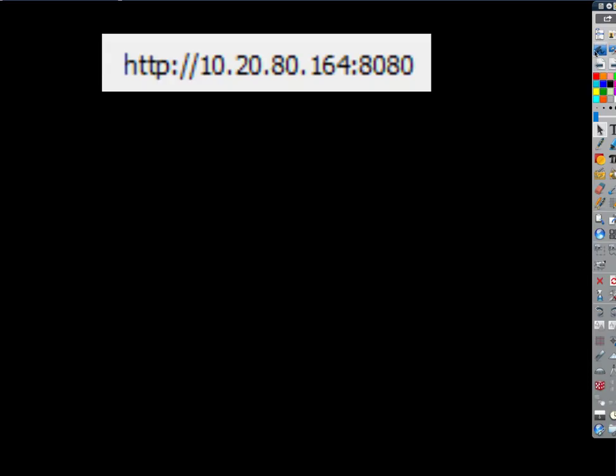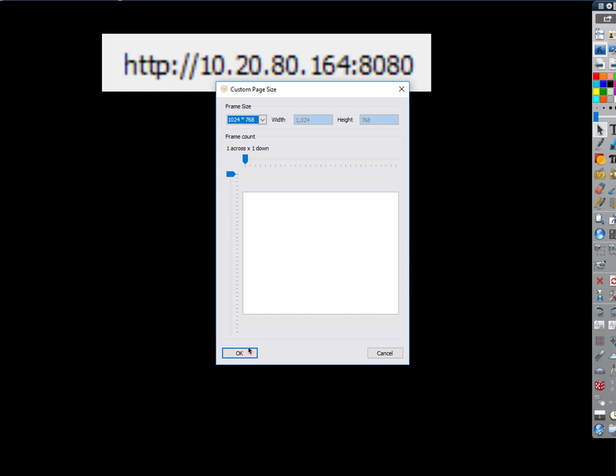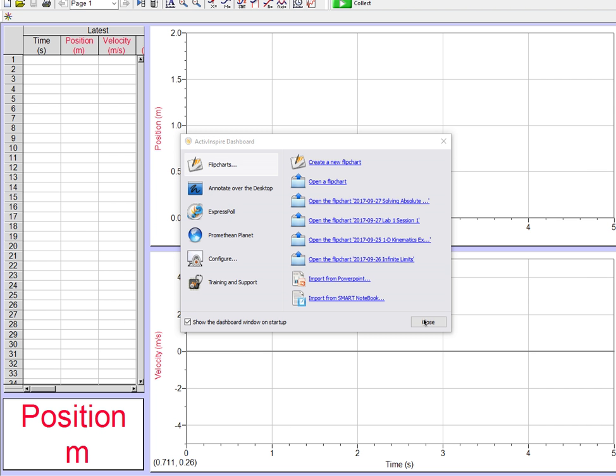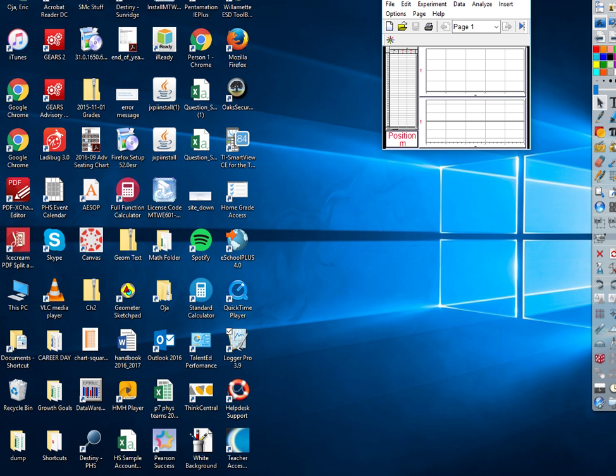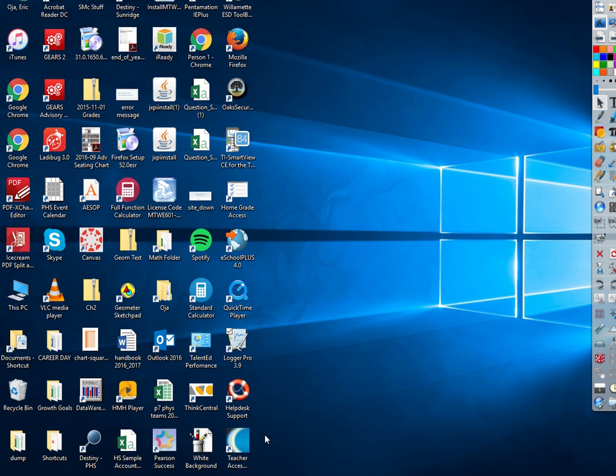So the first thing I'm going to do is what you will do in the physics lab. We're going to go down and open up. In fact, here, let me close this and I'll reopen it. So you go down to Logger Pro 3.9, open it up,